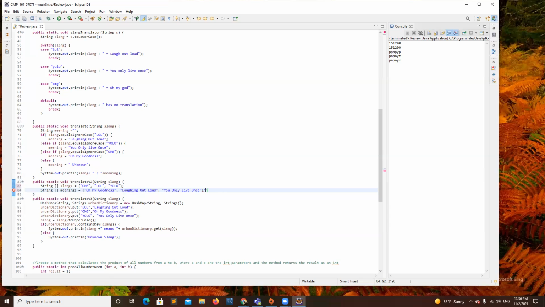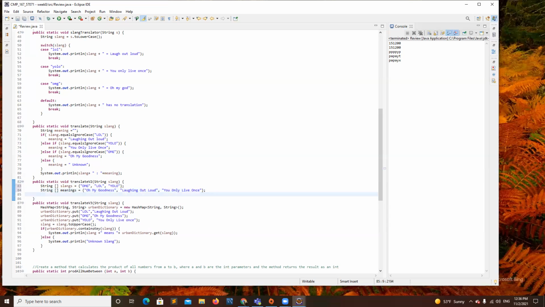So you have to match the same amount of elements, and then you can do this.